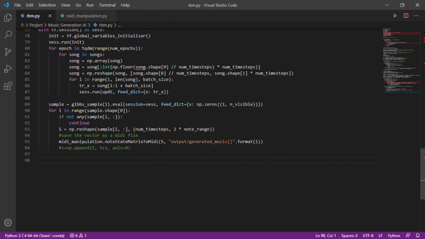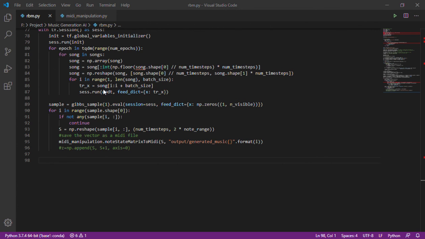This function will convert the vector s, which contains the output in vector form, to a MIDI file in this output folder. Basically this is just the path where the music will be generated. In our case it is the output folder, so our music will be generated here.